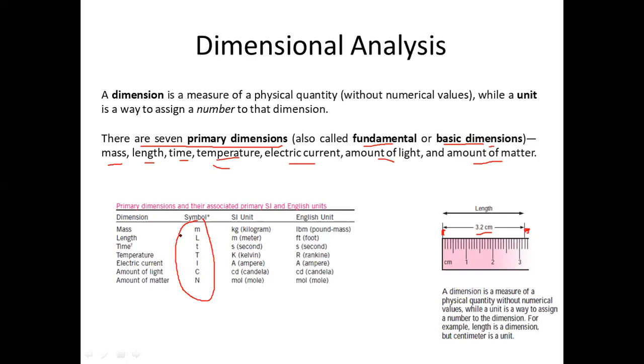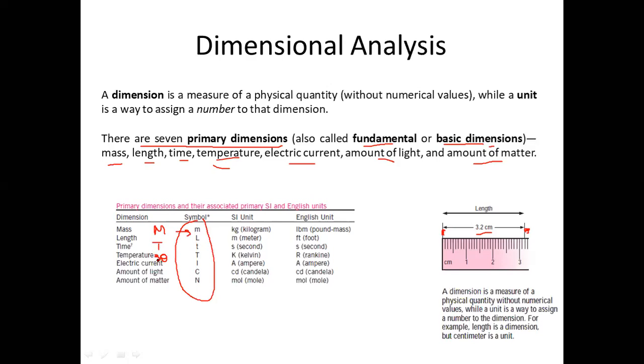See, the notations we are going to use: the unit of mass could be kilogram, pounds, or grams. We are going to denote the dimension of mass with capital M, because we are going to refer to examples of R.K. Bansal. Similarly, the dimension of length is taken as capital L, and the dimension of time is taken as capital T. For temperature, we are going to use theta. So don't get confused in the coming examples: capital M is for mass, capital T is for time, and theta is for temperature.